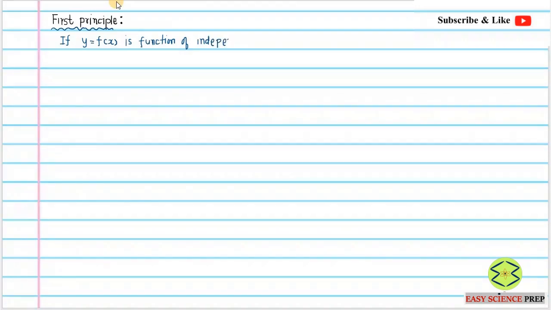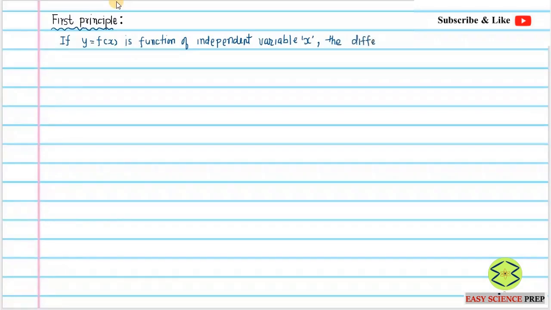We will discuss later on why it is independent or not. Right now it is not required. y is a function of independent variable x. If y equal to f of x is a function of independent variable x, then the derivative, the differentiation